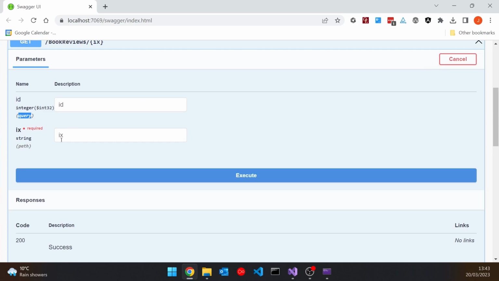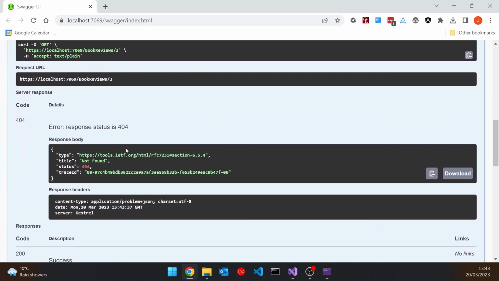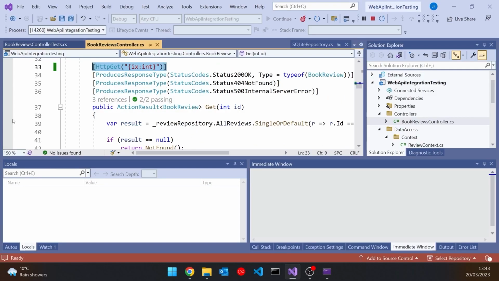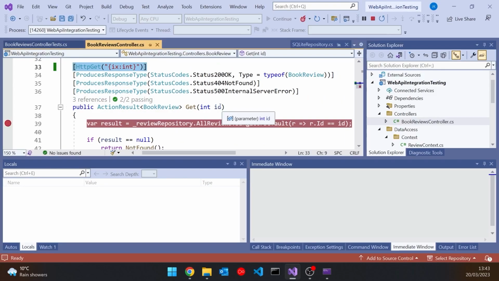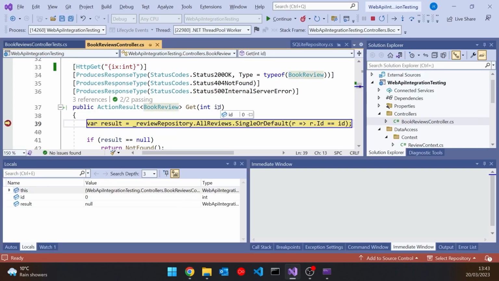If we try that one out, so if I ask for number 3 and execute that, weirdly we get a not found, and that's because if we go back to the code, the ID is the thing that's actually being used, not the IX, and the ID, which was part of the query string, we left it blank, so it defaults to 0, and so actually it's always trying to look up element 0. So that passed the unit tests but actually had a bug in it that we didn't spot.